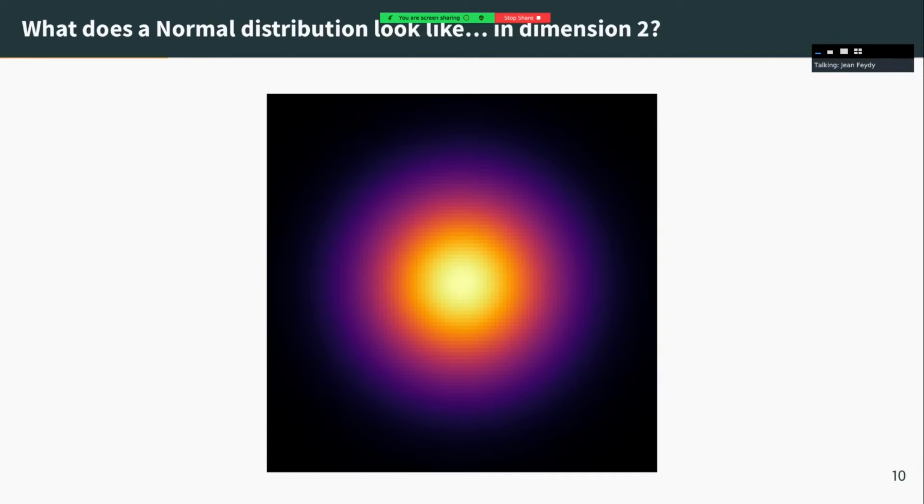Okay, and so what you see is that here we know that the Gaussian distribution has a high density at the core, when r is small, and a smaller density when r grows. But what happens in high dimensional spaces is that the volume of the set of points such that r is close to 1 grows exponentially, and is much larger than the volume of the points such that r is close to 1/2 or close to 0.